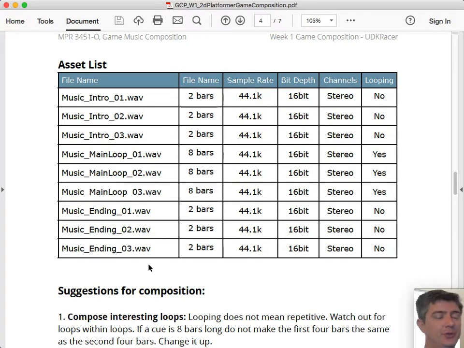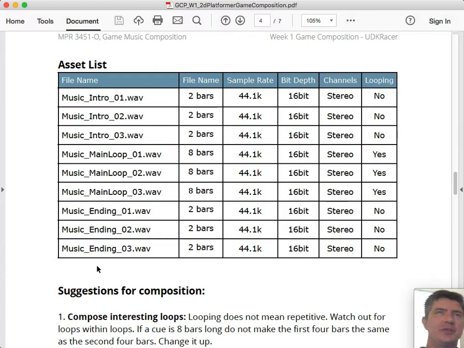It's going to transition over to the ending cues, and you will have a 2-bar musical resolution of whatever was going on in the main loops. So 9 files: 3 categories, 3 intros, 3 main loops, 3 endings. Having 3 variations of each will give you randomization, will give you variation over the course of the composition.